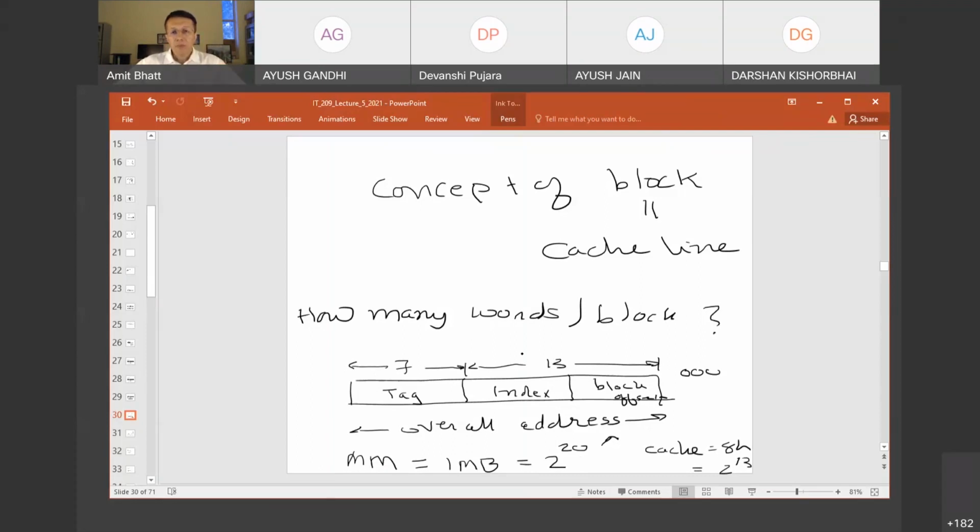Now, within this index, we are trying to put a block. Block could be 1 word per block, that is the default. It's like I'm just making a packet of 1 slice. Usually it's never like that, but let's just say that if you have 1 word per block, then your index will occupy all 13 bits. As you start increasing your block size, say to 2 words, then it would require 1 bit to